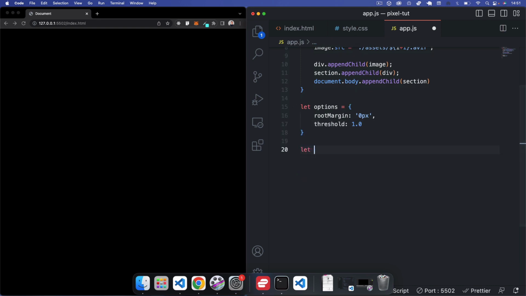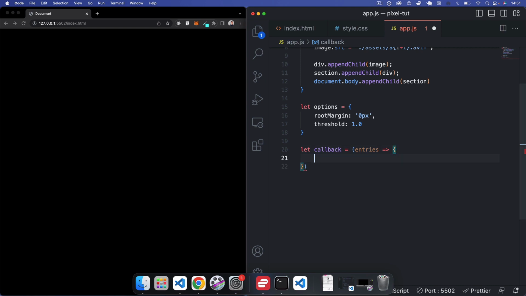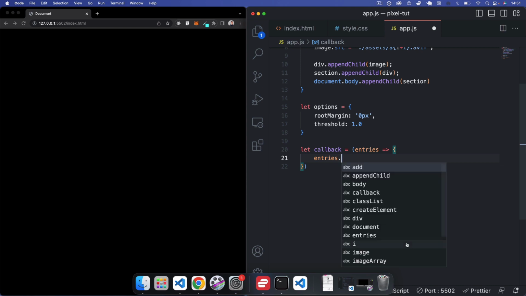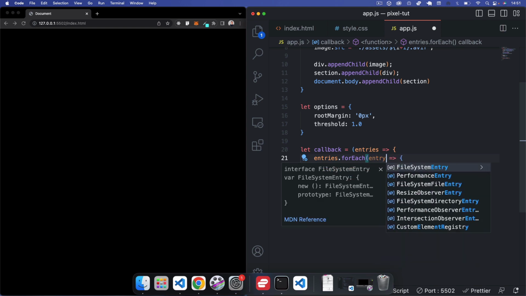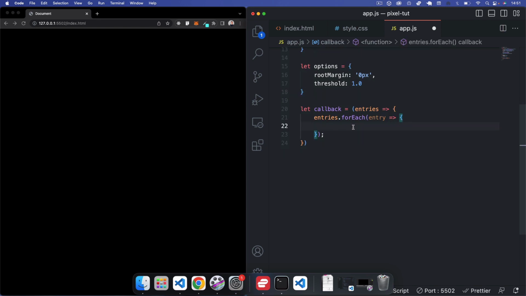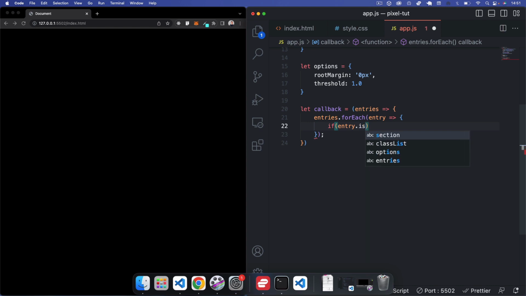Now I'm going to create a callback here, which will be a function. We'll say let callback equal, and this is going to take in the entries, so this will be each of our images basically, and we're going to say entries.forEach, and here I'm going to say entry. This is each entry that our observer is going to be monitoring, and here we're going to say if entry.isIntersecting